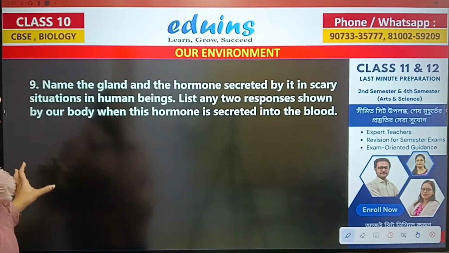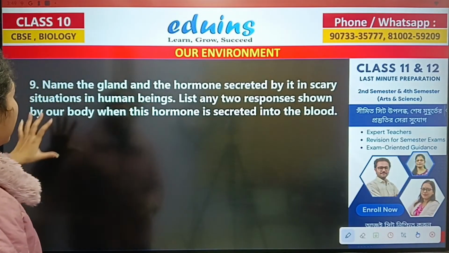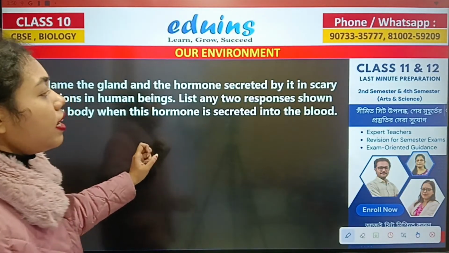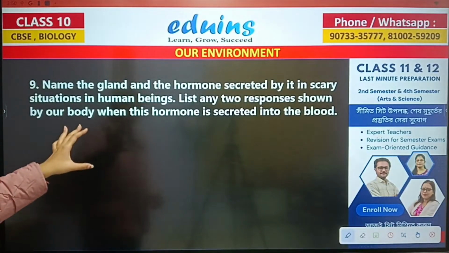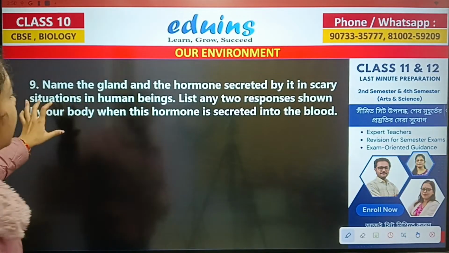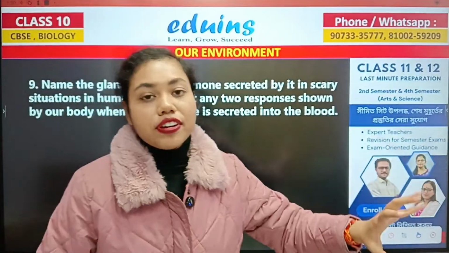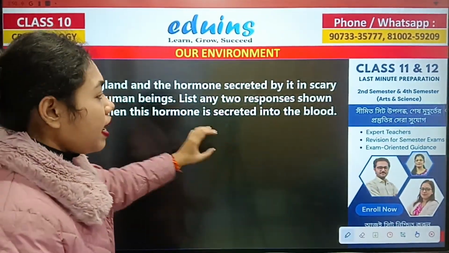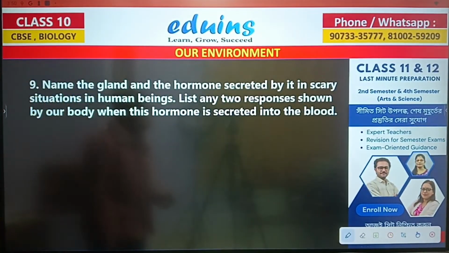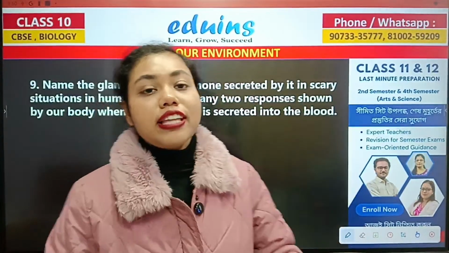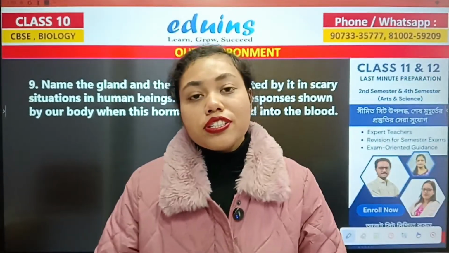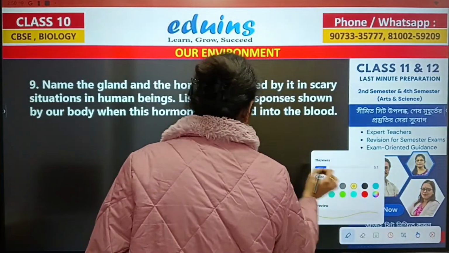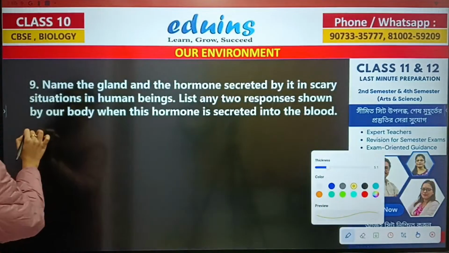Okay. What will be the answer of the first question? Name the gland and the hormone secreted by it in scary situations in human beings. It's the adrenal gland, and adrenaline is the hormone secreted by the adrenal gland in scary situations in human beings. It's called the emergency hormone. So the answer of the question will be